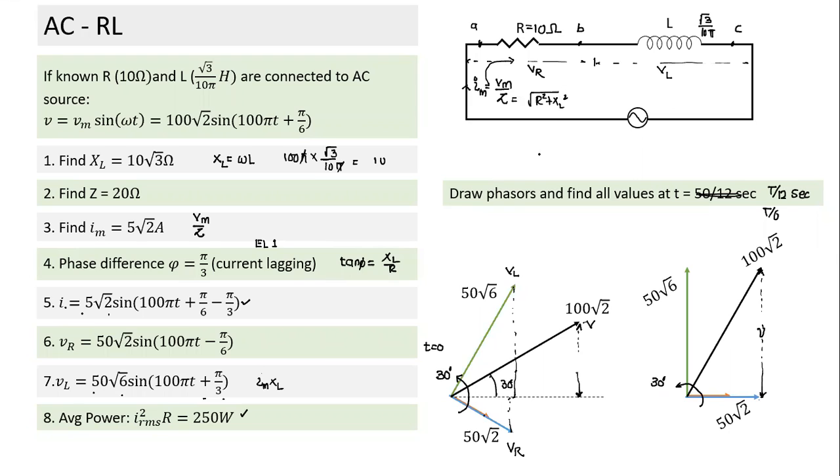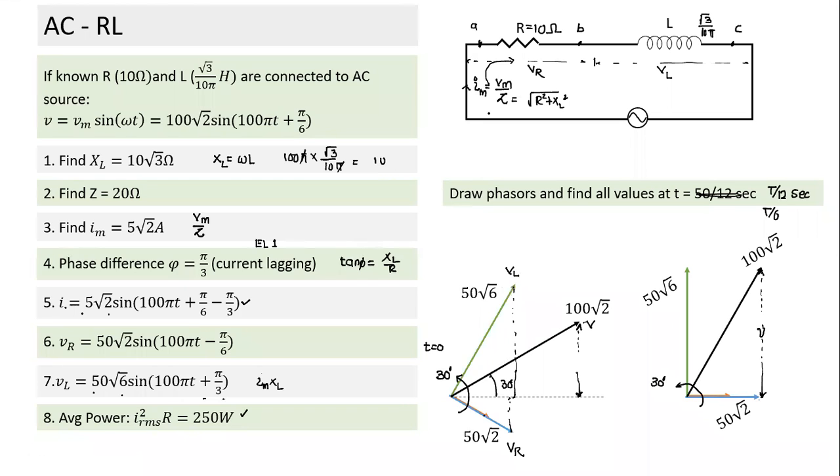Because we don't assign the sign, it depends. Understood or not? Yes, so it depends on whether the current is increasing or decreasing also, right? It doesn't matter at all. But if I take it in this fashion, what does it indicate? Have we defined what is positive or negative? No, sir. So this is the only thing we understand here at this particular instant. But if VL is positive and VR is negative, based on this, what will happen to the current? Do we know what is happening to the current at this instant?